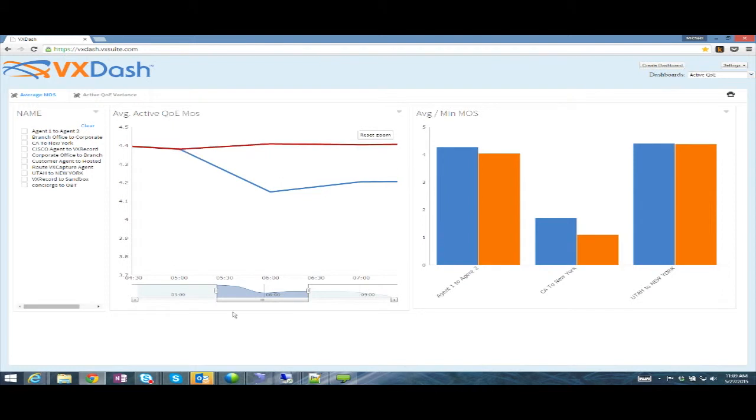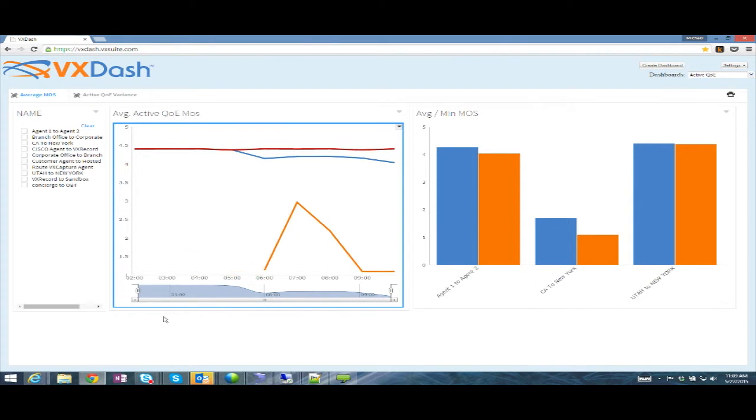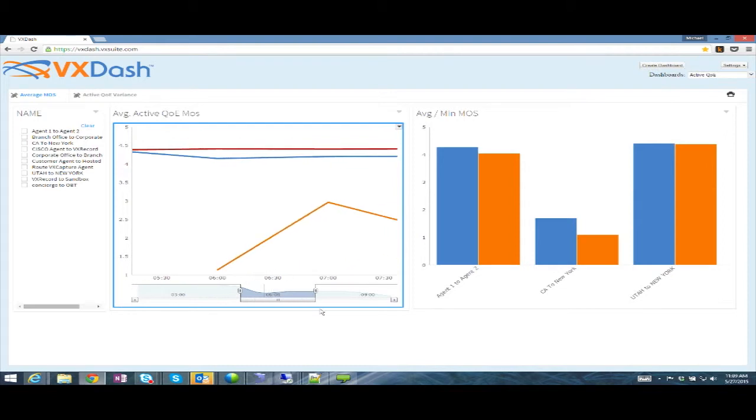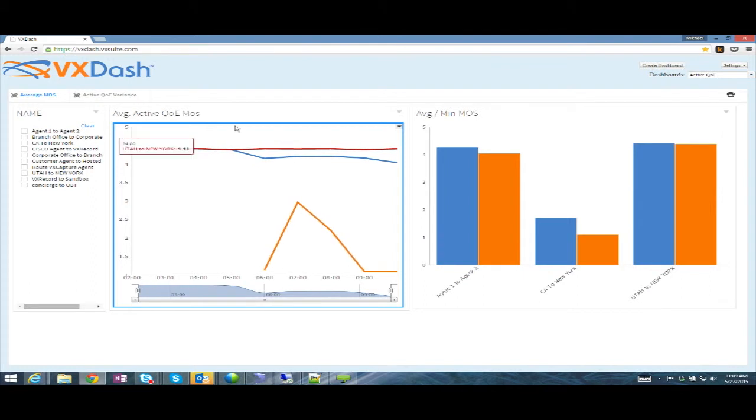I also get these little sliders down at the bottom. So if I wanted to zero in on a period where we had these MOS values dropping, I can zoom in on that and change the view of that information. So very nice tool. And the other thing to keep in mind, there are two modes to any